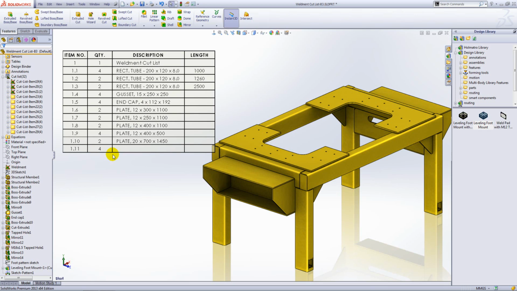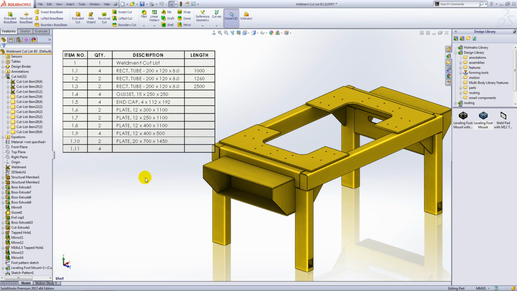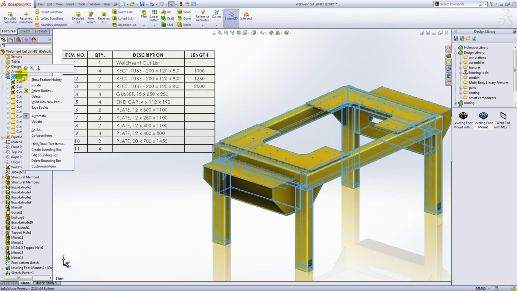Now, with regard to description, because this wasn't a structural member, it doesn't automatically generate a description for it. In previous releases, quite often you would access the folder, access its properties, and then manually type in a description there. Quite often as well, that description would relate to weight. SolidWorks 2013 has automated this process. If we rebuild the model again, if we just right click on the cut list, we have a new option